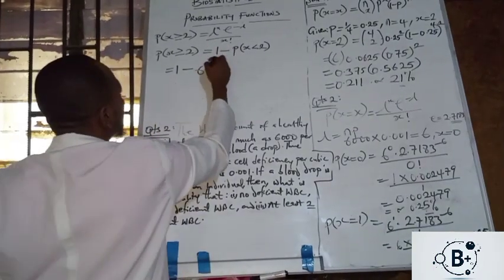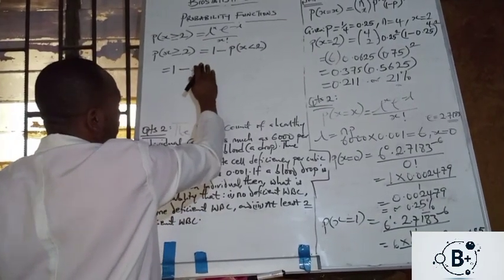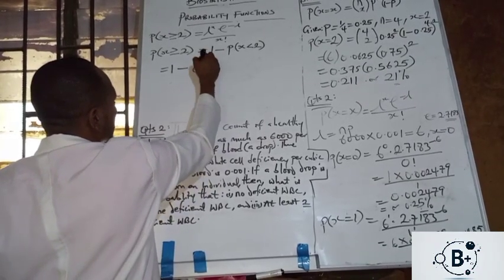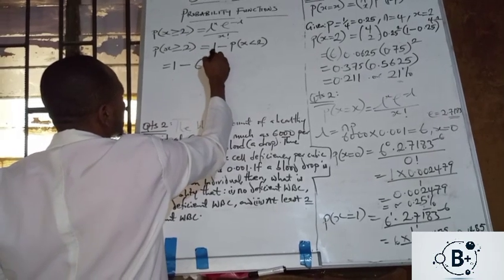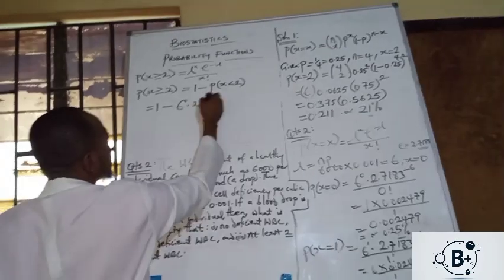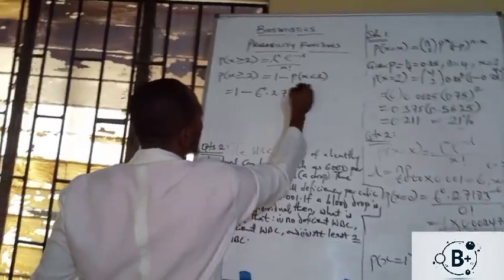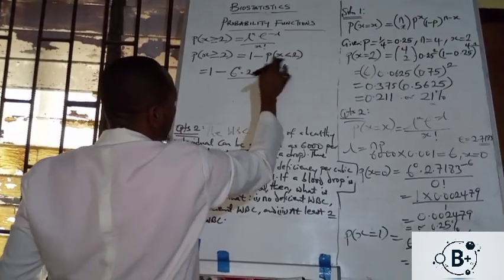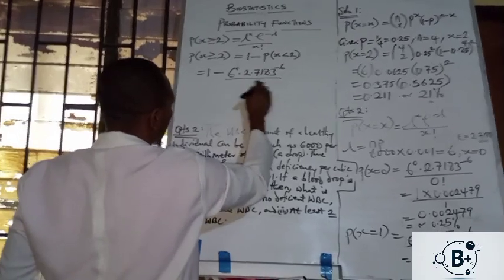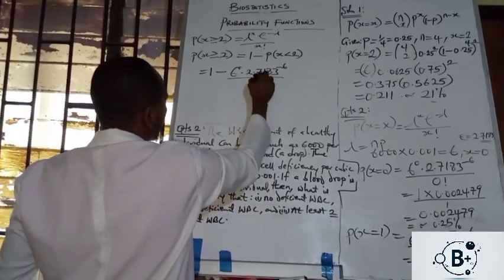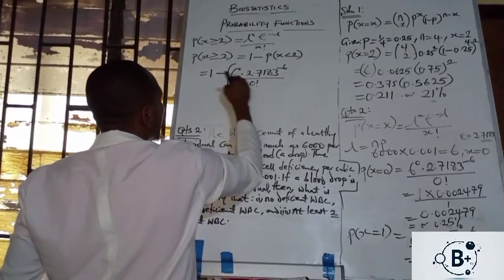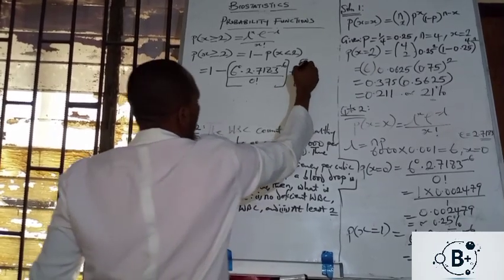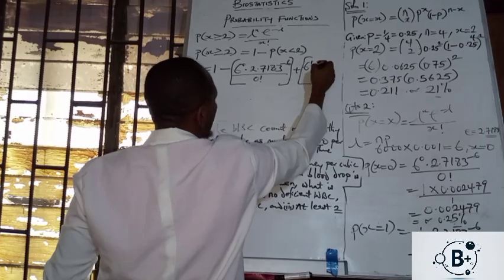So 6 raised to power 0, then times 2.7183 to the minus 6 over 0 factorial, then plus, we have a square bracket this way, 6 to the 1,